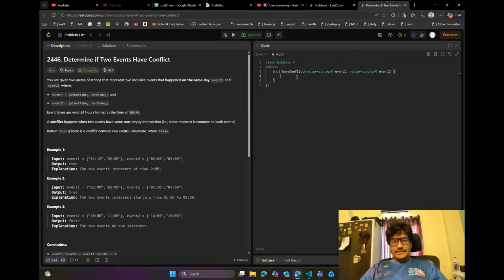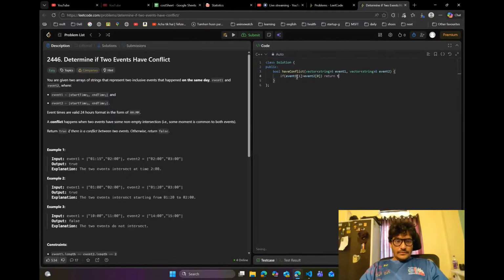But I think you can still use operators in string format. So if event one's second part is greater than event 2's first part,